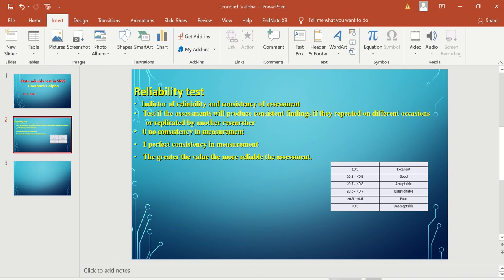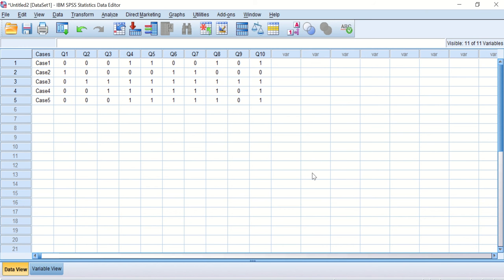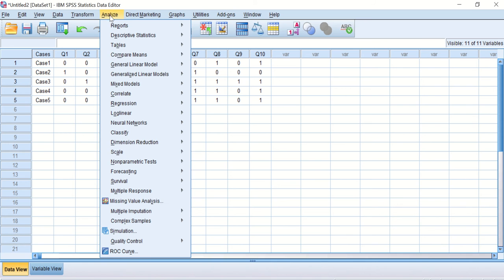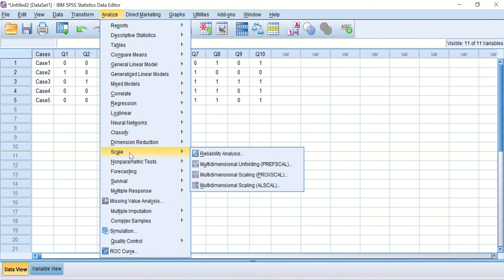How can we determine the Cronbach alpha in SPSS? I have here a model for a questionnaire with individual answers to the questions, when we have 10 questions. Each one of these questions is answered either yes or no, and we will use this model for calculating the Cronbach alpha. And the way to do that is to click on Analyze, click on Scale,